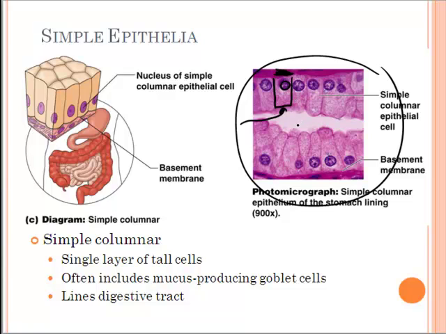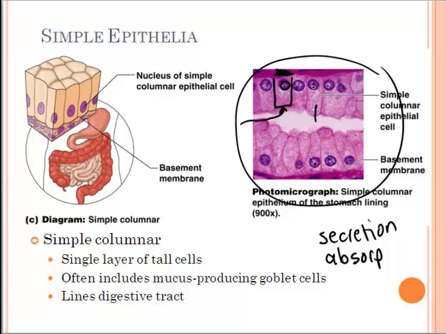So if you think about the function of the digestive tract, what is the function? Well, the function is going to be both secretion, so many of these cells are secreting enzymes. The digestive tract both wants to digest, but then also don't forget that absorption has to happen as well. In the case of absorption, remember we had the lungs and the capillaries. We wanted a single layer of thin cells in order for that absorption to happen more easily. Here we still have a single layer of cells so that the nutrients and the molecules in the digestive tract